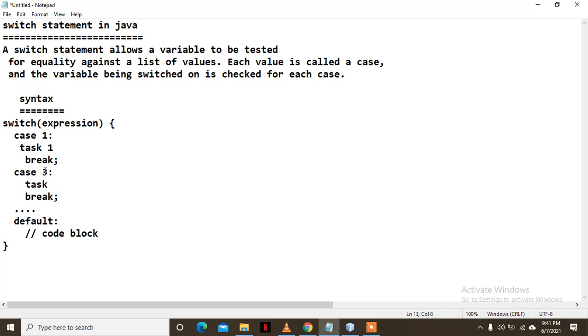I would like us to study this by starting with the syntax that we have here. In the syntax, we have switch expression. What is the expression? It is the variable you are going to check against the following conditions. Now case one, call it condition one. Remember, we have seen this in nested if. If this condition, case one, is true, then task one will be executed. Break means it will stop. The break statement is used to stop